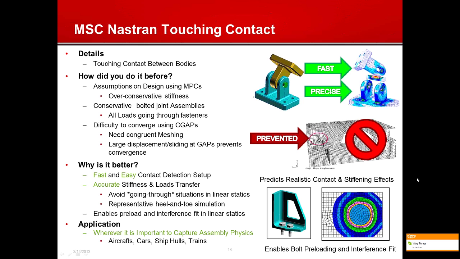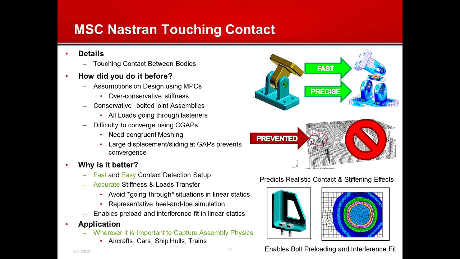The second example here in the middle of the page on the right-hand side is a type of ship hull structure where the large displacement is not too large with respect to the fact that the structure is pretty large, and without contact triggered when there's pressure on the outside of that hull, you will not capture the fact that it touches somewhere, which changes the load flow. Here in linear static, when triggering contact between plates or 2D and 3D elements, you will have the right load distribution at the interfaces, and that's also true for a type of